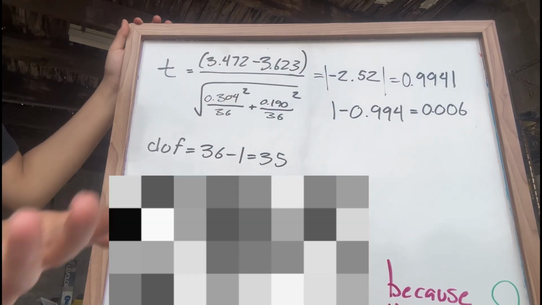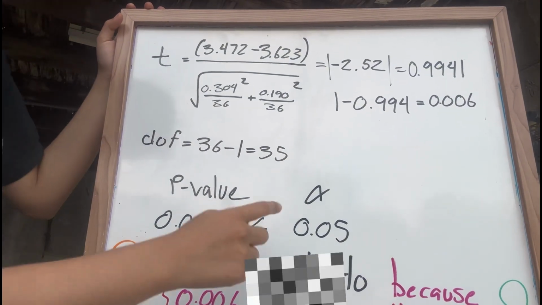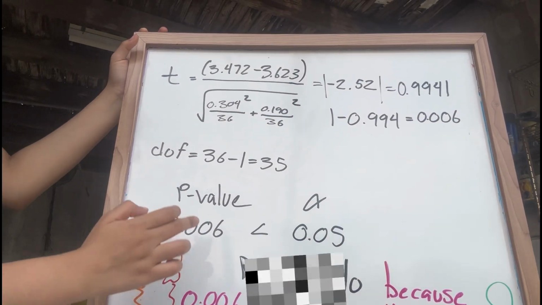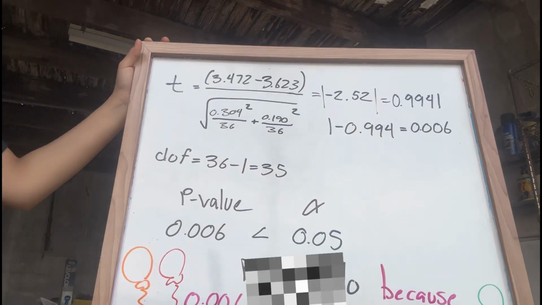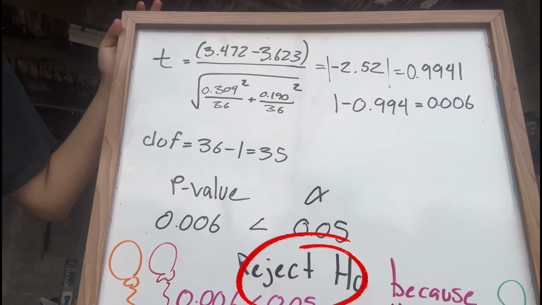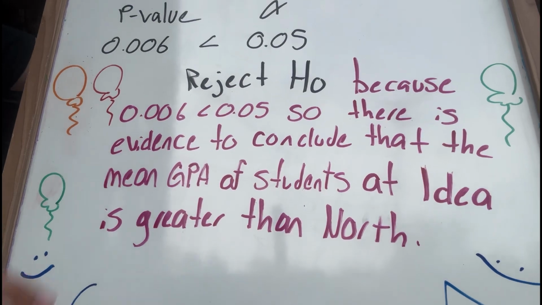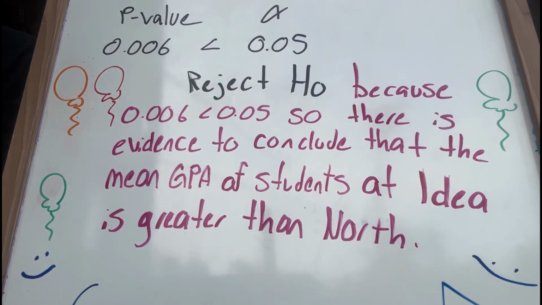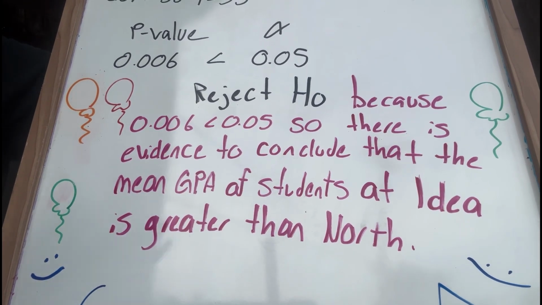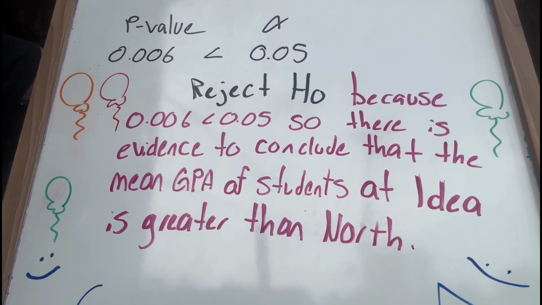But what really gives us our answer is the p-value and the alpha. The alpha is always defaulted to 0.05. And since our p-value is 0.006, the alpha is greater than it. So that means that we can reject the null hypothesis, because 0.006 is less than 0.05. So there is evidence to conclude that the mean GPA of students at IDEA is greater than